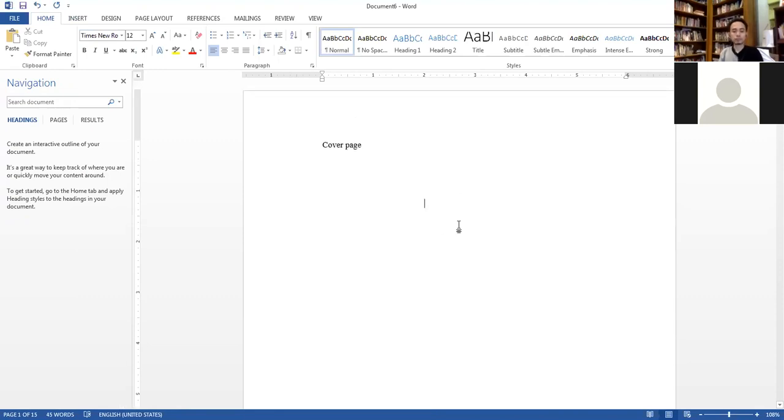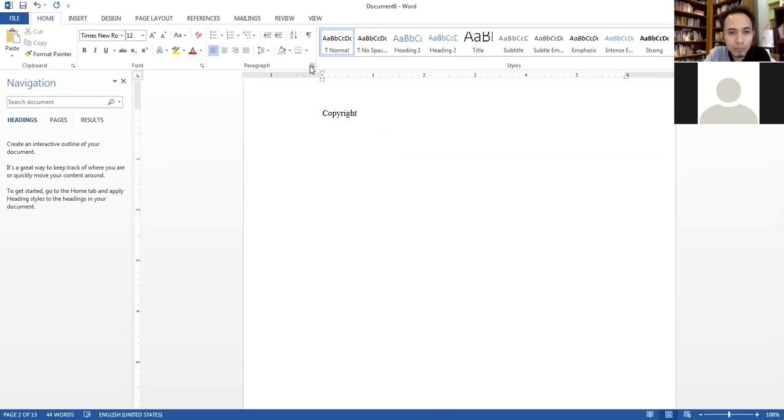Okay, to set your Navigation Pane, you put your cursor at the subtopic that you want to make your main heading. For example, copyright here. So I locate my cursor here.